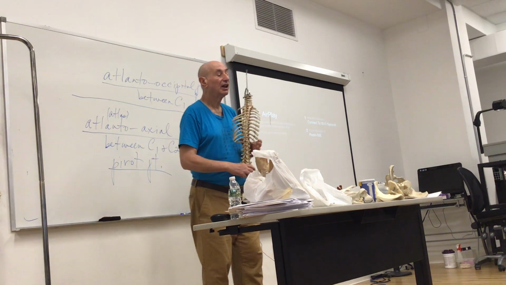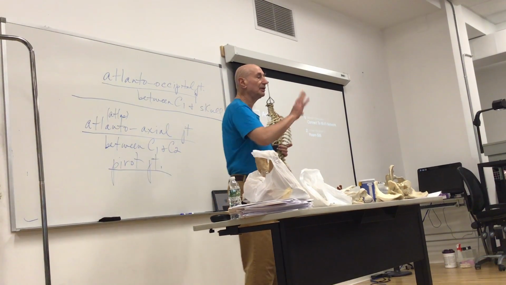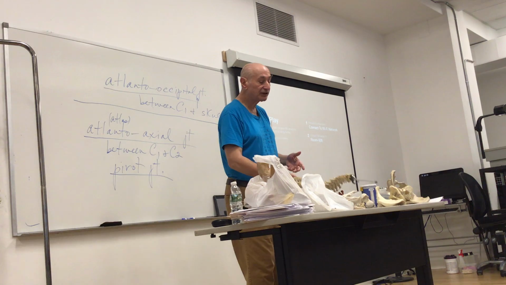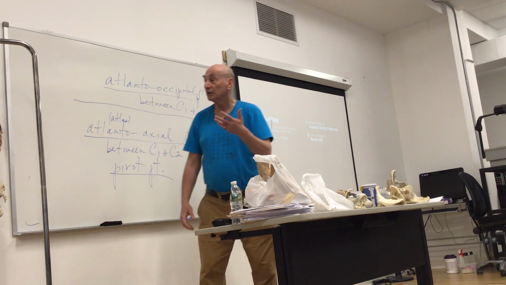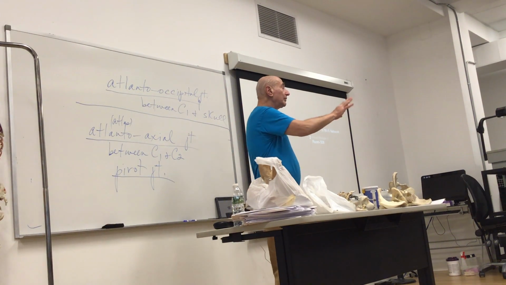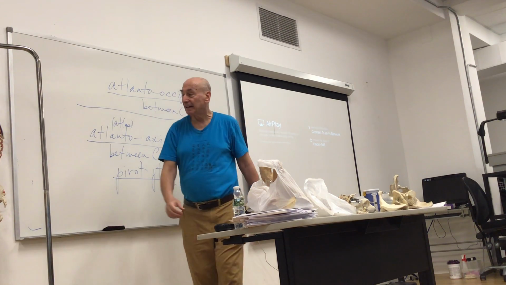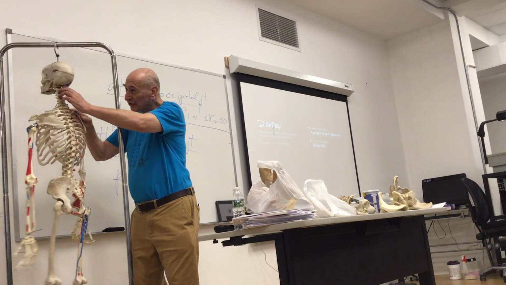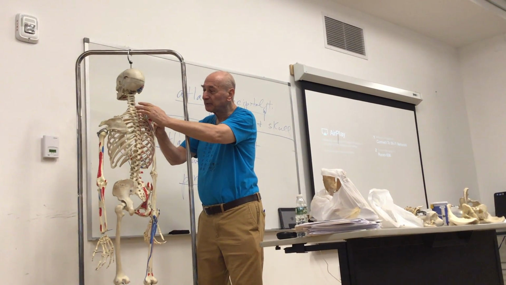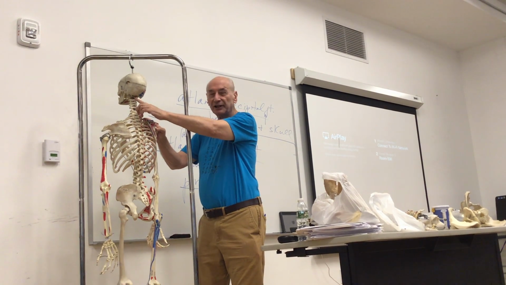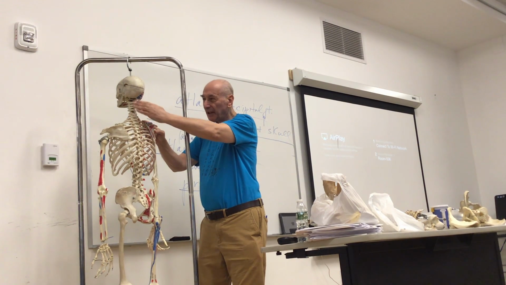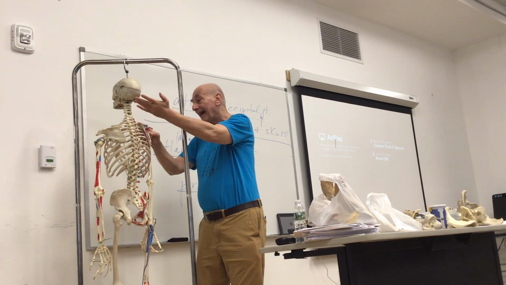And for ligaments, you only need to know two. I'm limiting it to just two ligaments of the vertebral column. The one that gets asked by far the most: just know the nuchal ligament, or ligamentum nuchae. Whether they say nuchal ligament or ligamentum nuchae, it's the exact same thing. It goes from the occipital bone to the C7 spinous process, and attaches to all spinous processes. So it's just from occipital bone to C7, and that's the nuchal ligament.